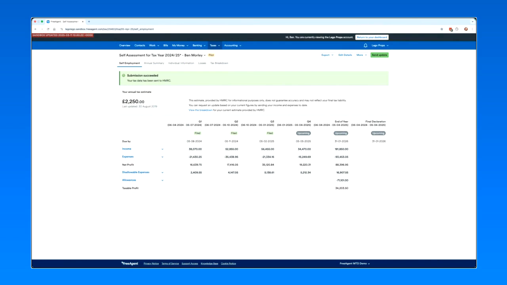The reason for that is MTD works on national insurance numbers. It doesn't work on the UTR. It works on the national insurance number. That is how we're able to do that submission. When we do all of these quarters, it collates all of that information together, and then it will work out the different percentage splits, and then it will do those separate submissions for, I don't know,